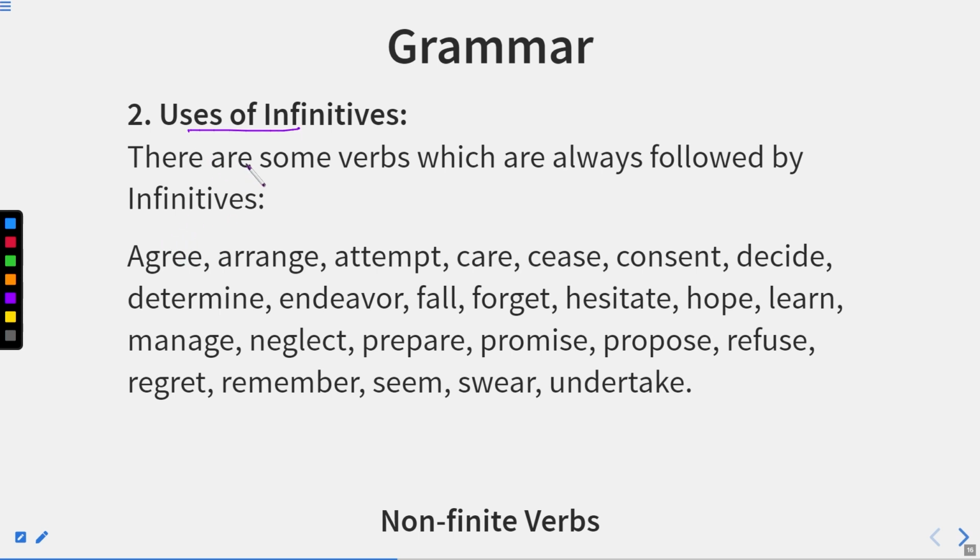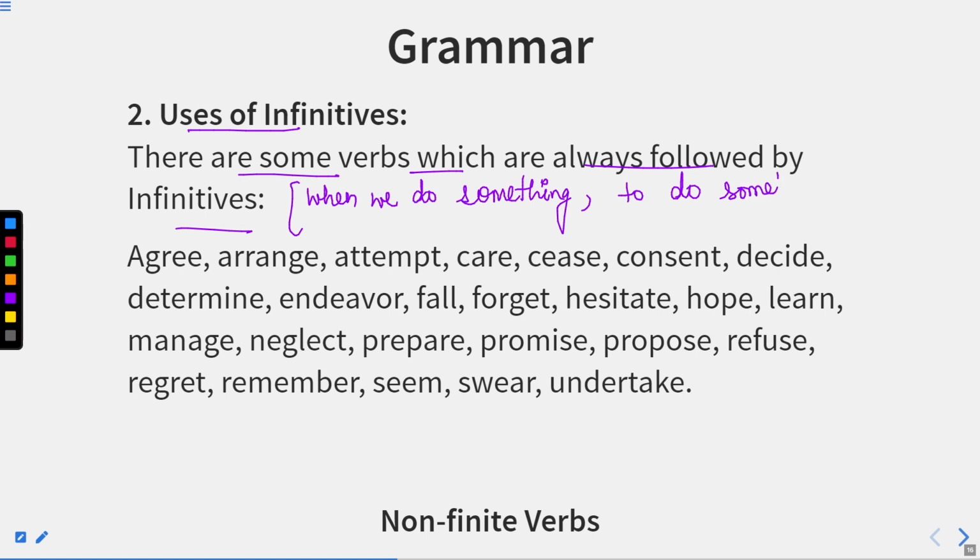Uses of infinitives. There are some verbs which are always followed by infinitives. Now, as I told you before as well, whenever we have a situation, that is when we do something, to do something. Now, you should learn this line. This is a key line. When we do something, to do something, this is known as infinitive. Whenever this situation happens, or whenever this situation is created, we have to use infinitives. That whenever we do something, to do something, this is called infinitives, or there is a need or requirement of